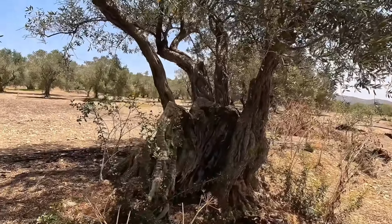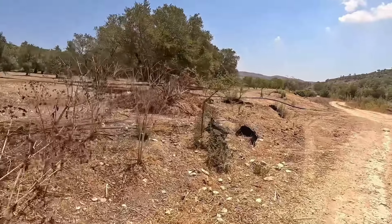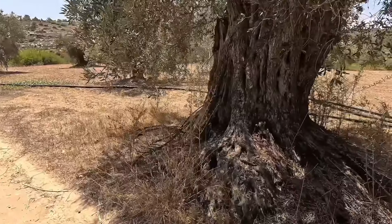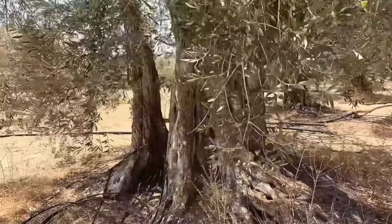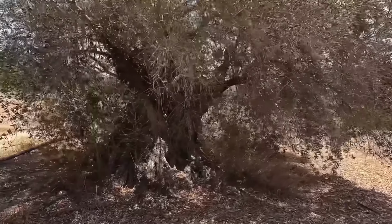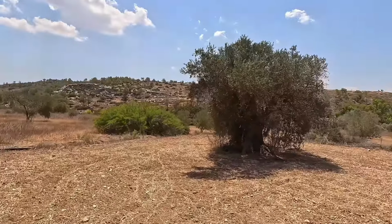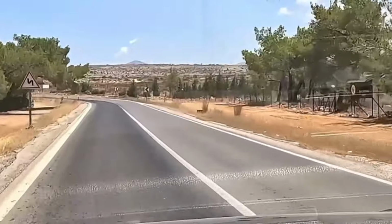You can see where some of them have been lost through the fire damage. Look at this beauty here. Wow, an amazing tree this is. There's a whole beauty here. Here, let's sweep round this little grouping here. As you can see in front of you,